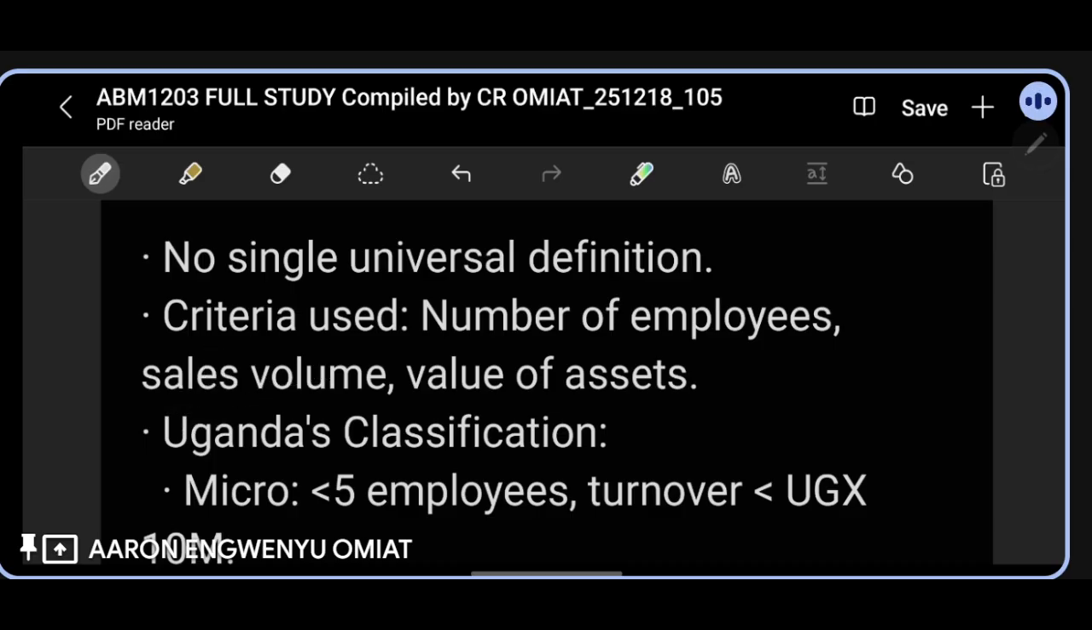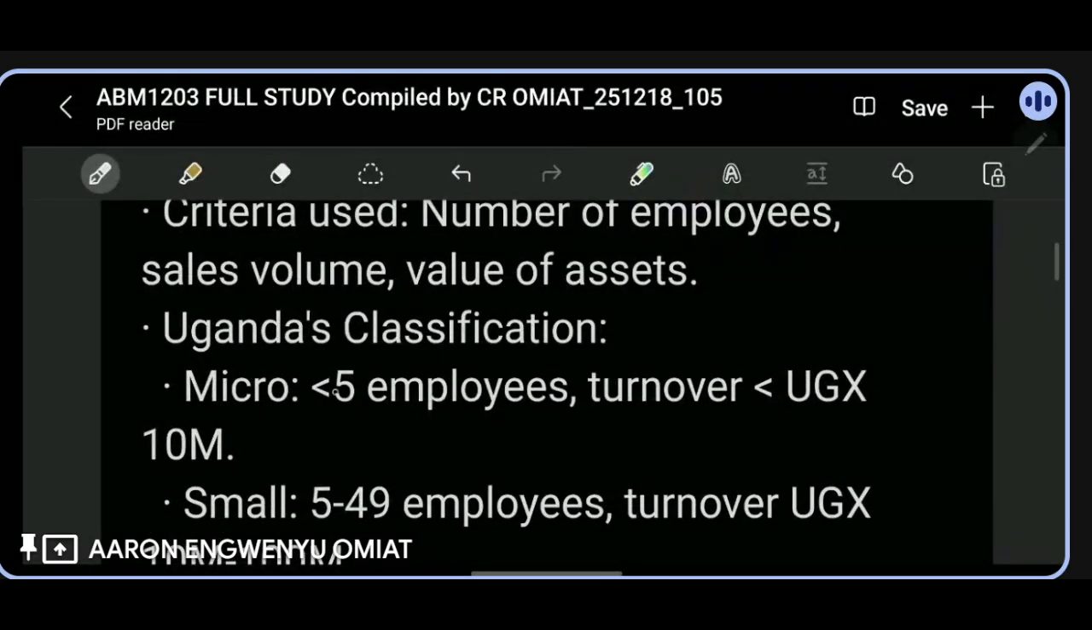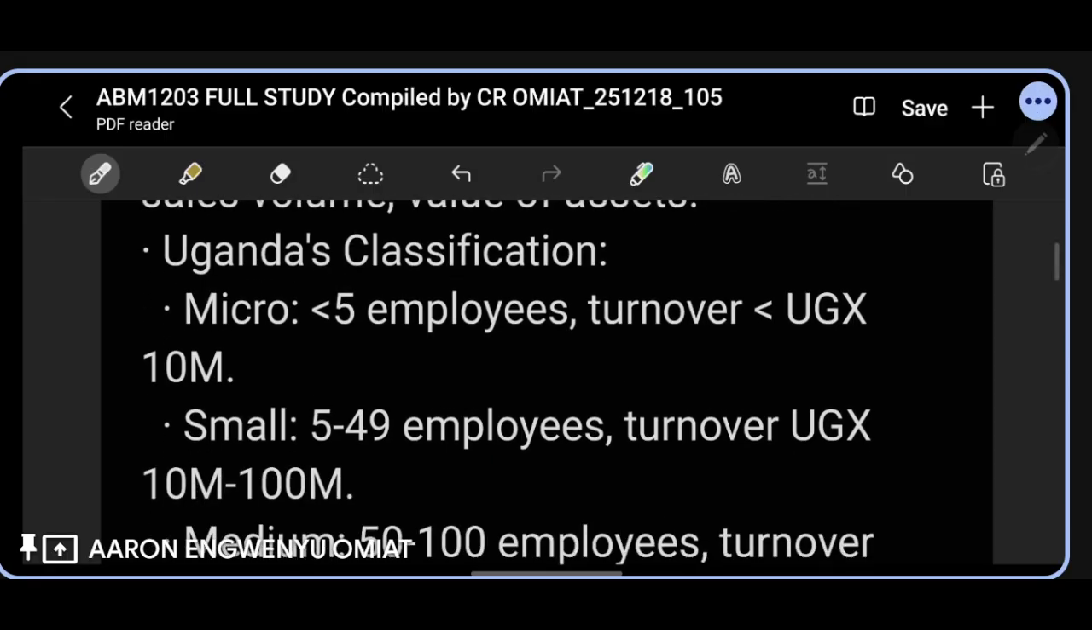So Uganda's classification: micro businesses are those employing fewer than 5 people with a turnover of less than 10 M in a year. This is annual turnover. So if you're making less than 10 M a year and you employ fewer than 5 people, you know you're a micro business. If you're employing 5 to 49 people and your turnover is between 10 and 100 million, you're